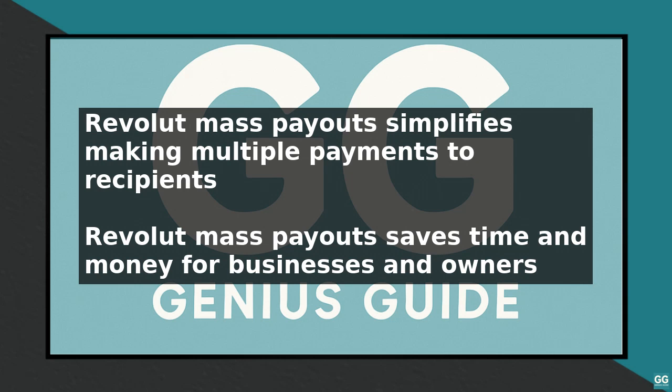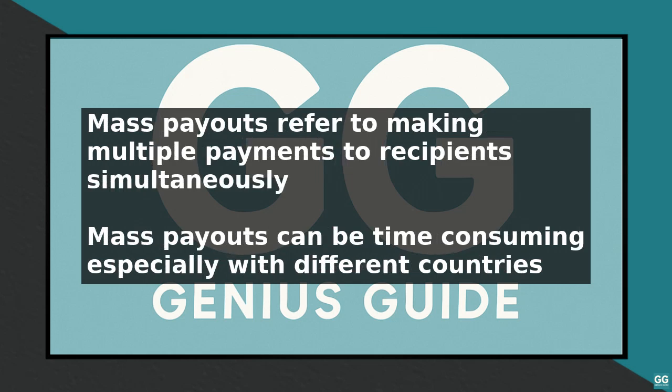First, let's define what mass payouts are. Mass payouts refer to the process of making multiple payments to different recipients at the same time. This can be a time-consuming and labor-intensive process, especially if you have to make payments to recipients in different countries or currencies. Revolut Mass Payouts is a service that allows you to make multiple payments in different currencies, all from